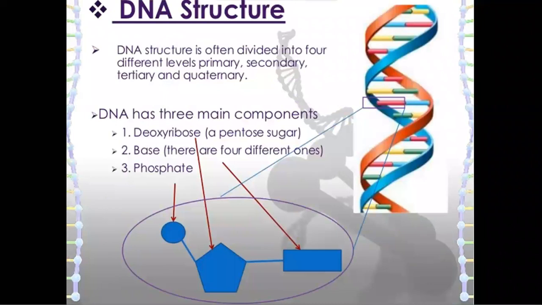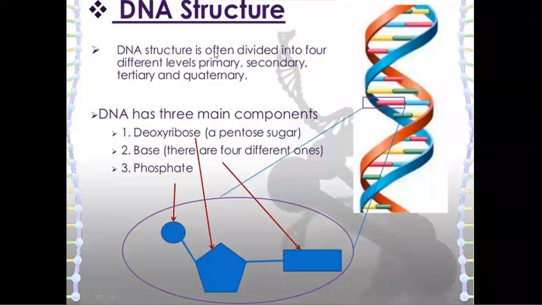This DNA structure has three important components. The first one is deoxyribose, which is a pentose sugar, the second one is the nitrogenous base, and the third one is phosphate. So this is the phosphate molecule, this is the 5-carbon pentose sugar, that is deoxyribose sugar, and this is the nitrogenous base. The nitrogenous base is of two types: purine and pyrimidine. Collectively, these three components are called a nucleotide, and the nitrogenous base along with the sugar is called a nucleoside.